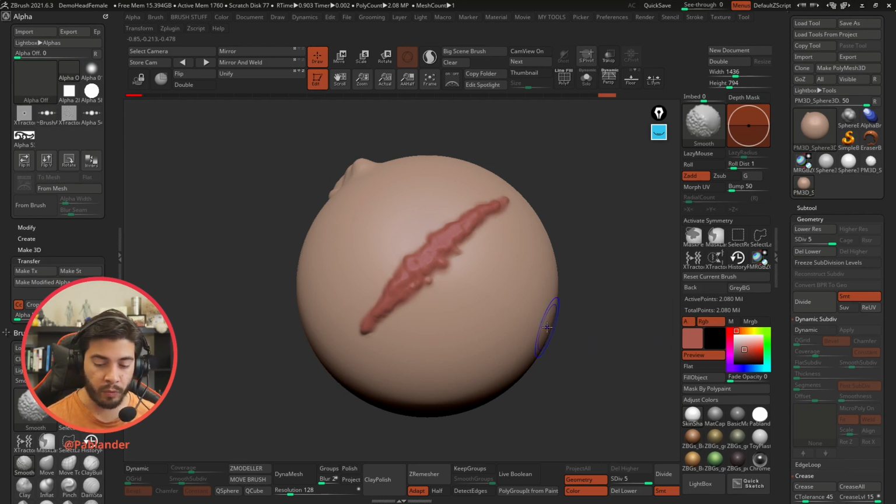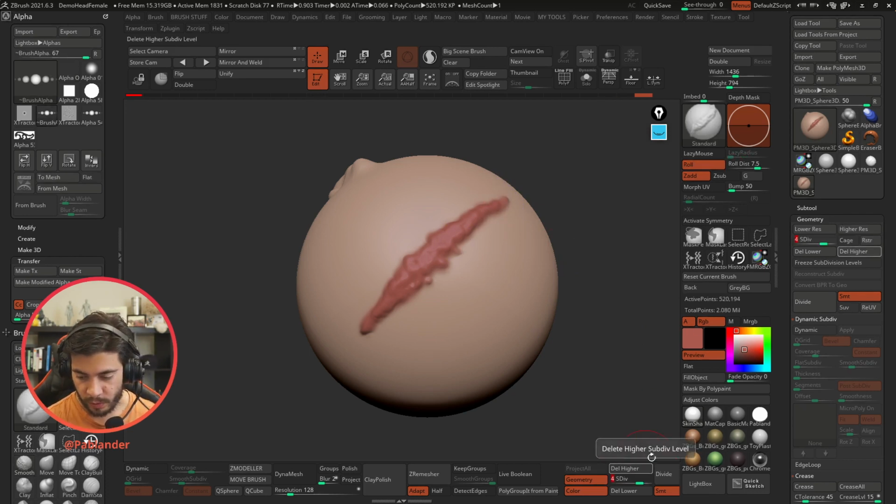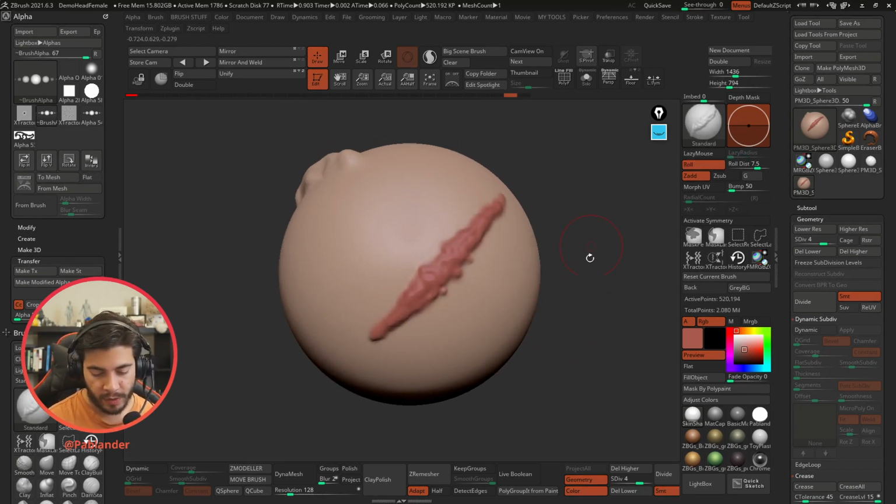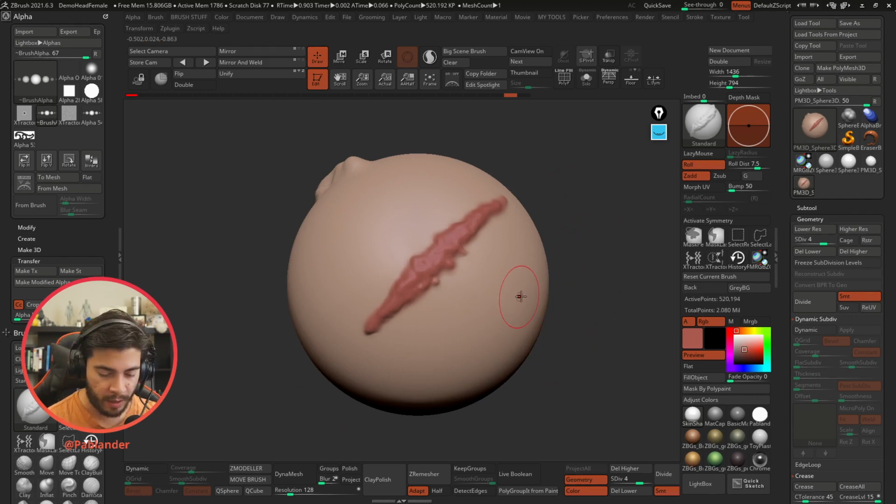So the smooth brush is a way to smooth everything, not just the details. I'm gonna reduce to a lower subdivision level so this is faster, but also a way to sort of blur out some of those details in the colors, right? So I just thought I'd give you that extra tip because it's pretty handy, and I know it could be very useful once you understand how things work.